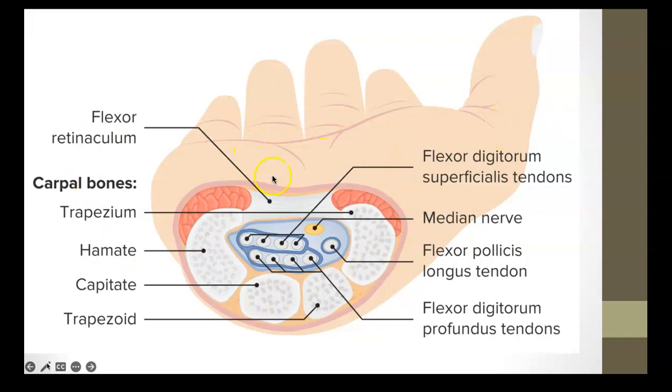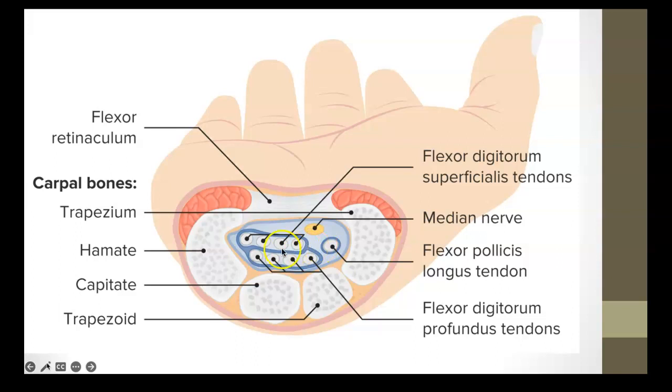Your carpal tunnel is really composed of basically 10 anatomical structures. So we have the tendons of the flexor digitorum profundus, 4 of them. The tendons of the flexor superficialis, 4 of them. And then we have our flexor pollicis longus tendon and our median nerve. So those are the, at least, soft tissue structures that will make up the